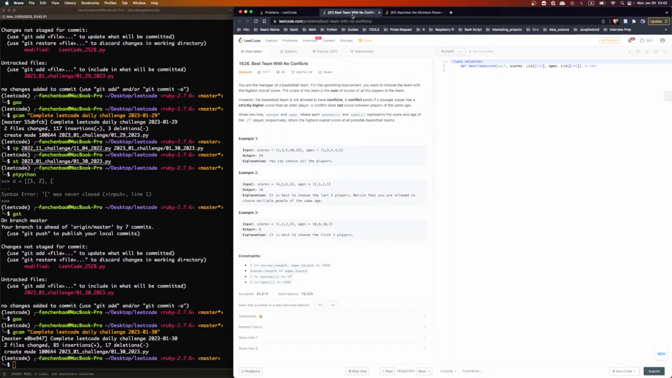So, okay, the score of the team is the sum. So we want to choose a few of them. Okay, and the requirement of choosing a few of them is, if we don't want to have conflict, so a younger player has a strictly higher score than an older player, that's not allowed. So in the first one,